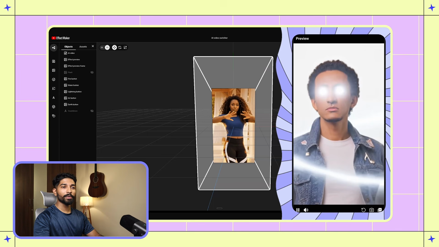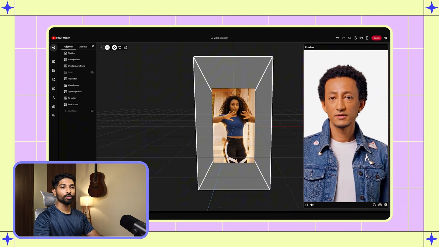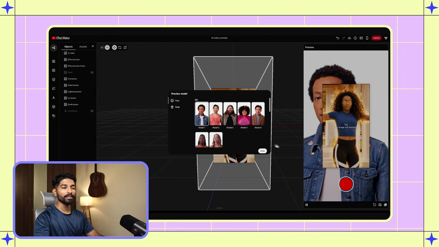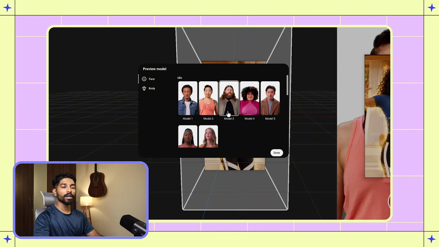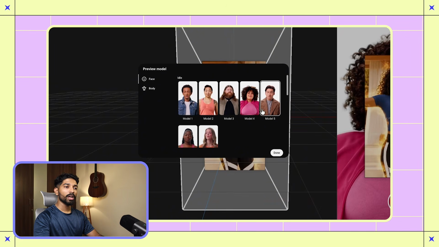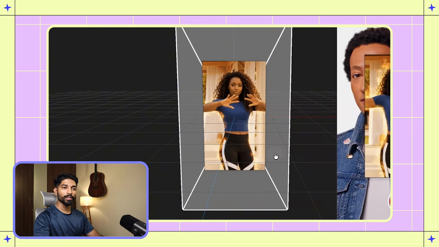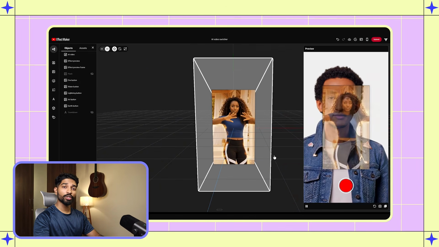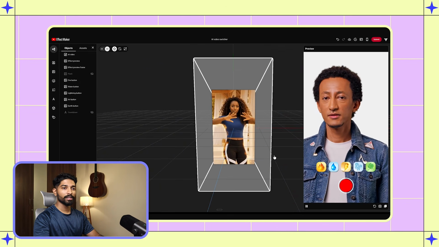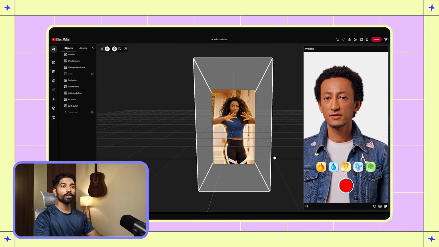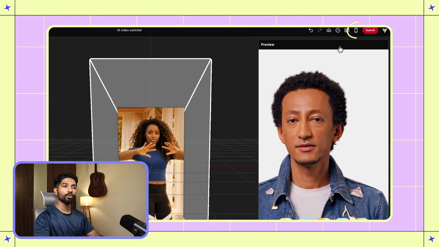You can also switch between different people in the preview window by clicking on the View Video button to see how the effect holds across different faces. If any generation looks off here, you can always go back to the prompt, adjust it until you get the desired result. Now, to test the effect on your actual phone, click on this Preview on Phone button and scan